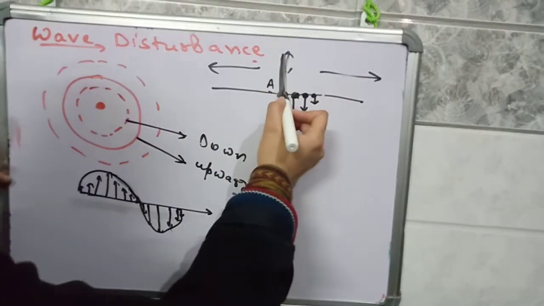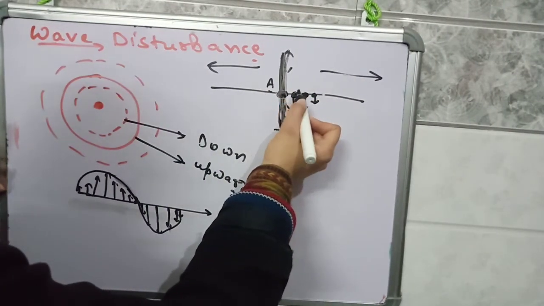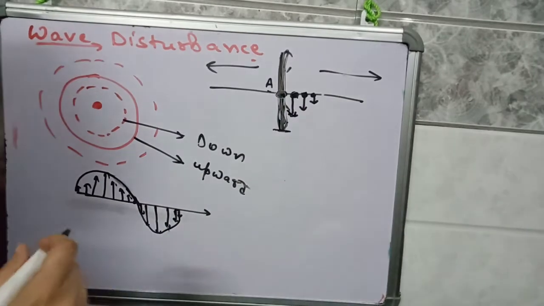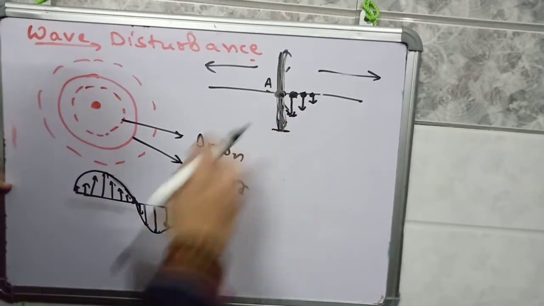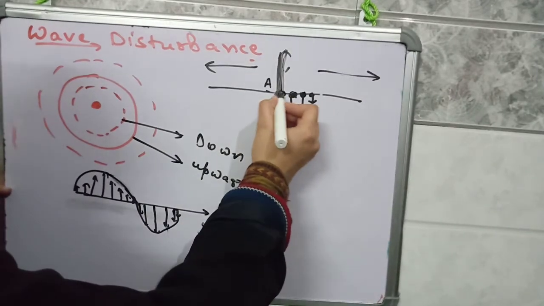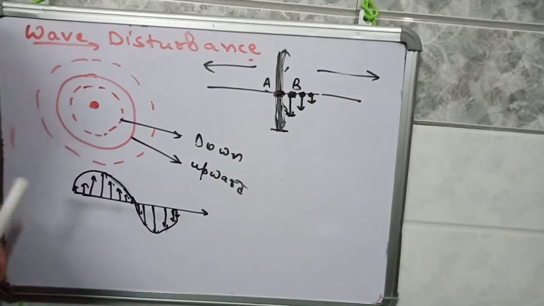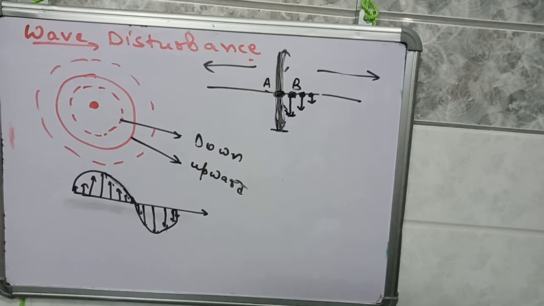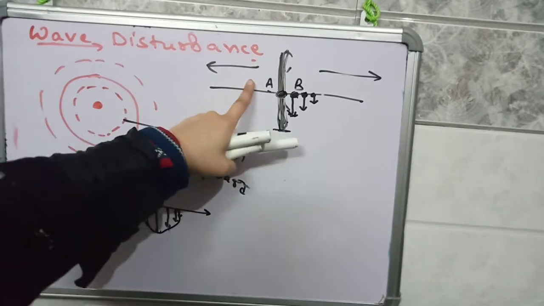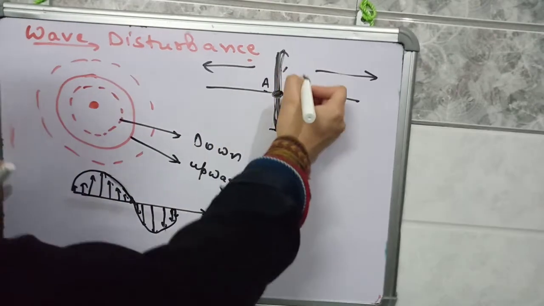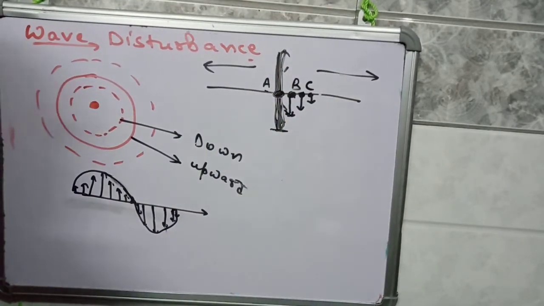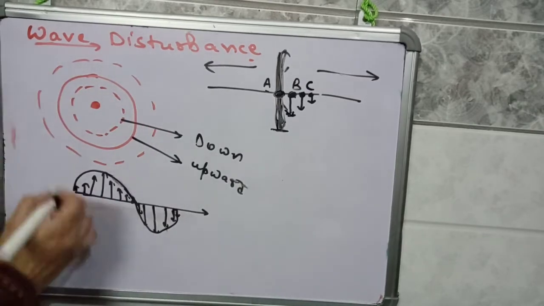This energy is being transferred to another particle, and this is being transferred to another particle. So they have a phase difference between them. The particle present at point A and the neighboring particle have some phase difference between them, because A is traveling more distance, and the neighboring particle is traveling much less distance as compared to A, and then another particle will travel further much less distance.